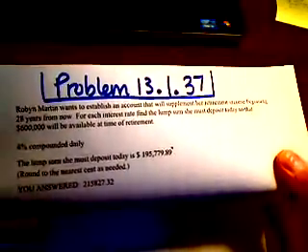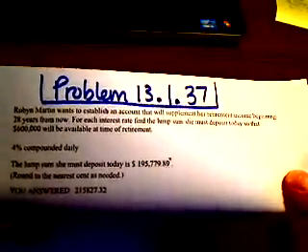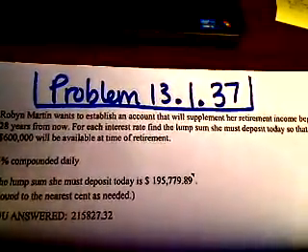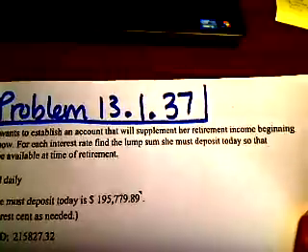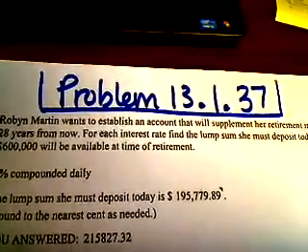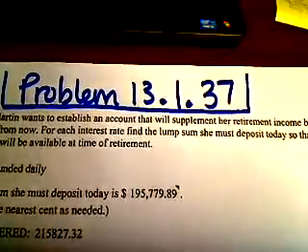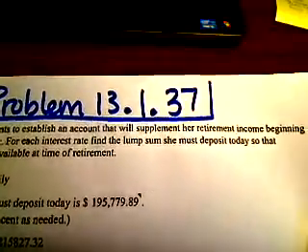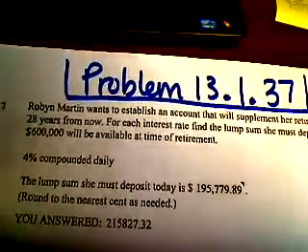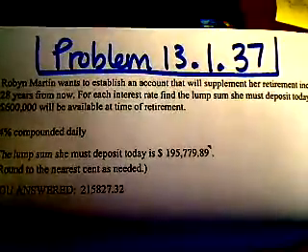Okay, so this is problem 13.1.37, and they're saying that Robin Martin wants to establish an account that will supplement her retirement income beginning 28 years from now. For each interest rate, find the lump sum she must deposit today so that $600,000 will be available at the time of retirement. And they're telling us that it's 4%